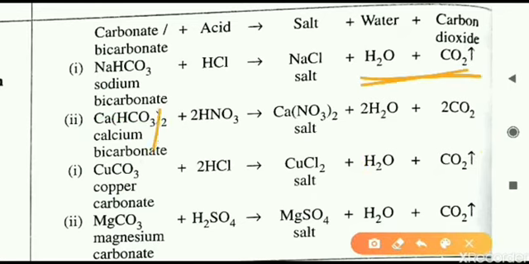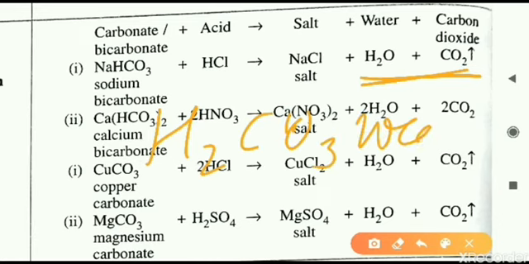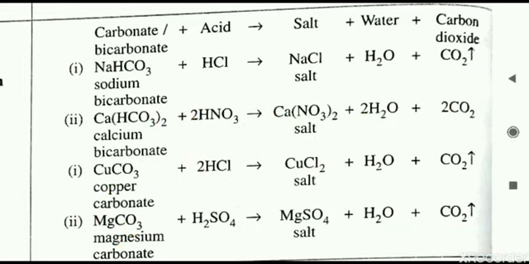Why is it so? Because you may recall in the topic of acids we have learned about two types of acids, strong and weak acids, and H2CO3 is what? It is a weak acid. Because it is a weak acid, it will dissociate very fast. It will form in the reaction, but only for a fraction of a second, a very short time, and being a weak acid, it will dissociate again, breaking down into two parts. One will become H2O, another will become CO2. That is why the final products will not show the presence of H2CO3. We will get H2O and CO2. So that should be clear now.